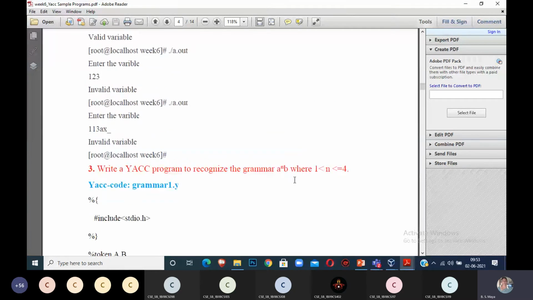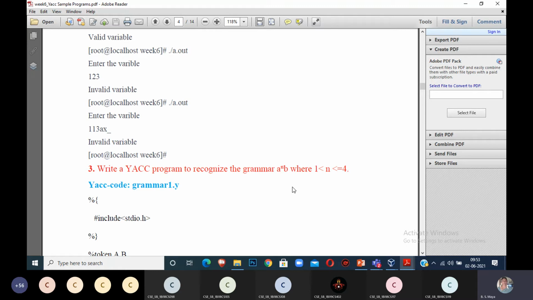See, can you tell me what the tokens are in my program? a^n b. What is your input for the program? A and B, is it right? What is the token? What is the token for the program? We have only two inputs. You have to give A and B only. You can't take C, D, all those things. You should accept only A and B. That A and B can be capital letters or small letters. If you give both, you can accept it.